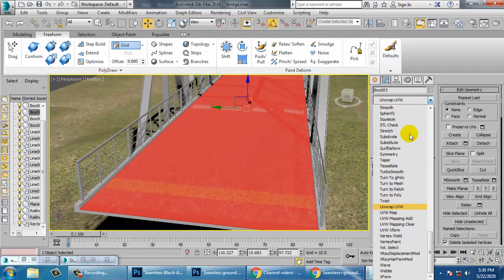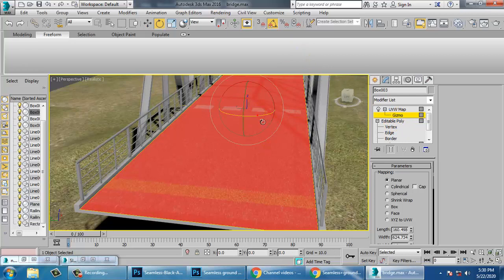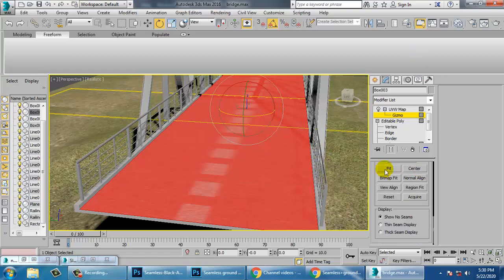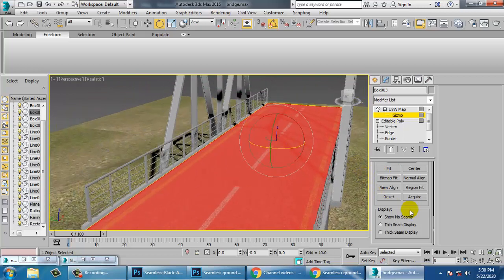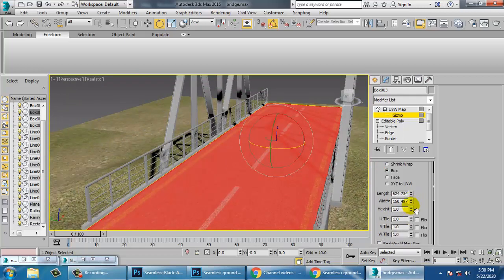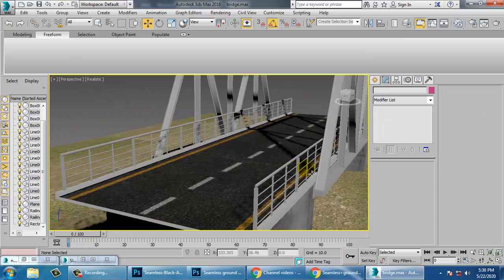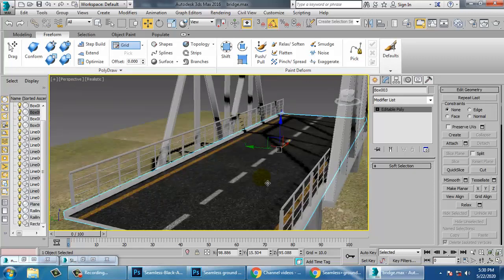So one method, you can just go into this and take a UVW map. Let's take a gizmo and press E and let's rotate this texture. Once you rotate it, take it as a box over here and set it as a fit. Once you fit this over here, you can see that the texture is fit right away. If you want to go on working with this, you can increase, decrease this stuff. And if you just convert it to editable poly, it's going to look this much better.